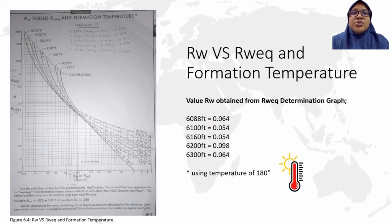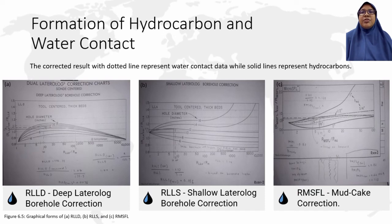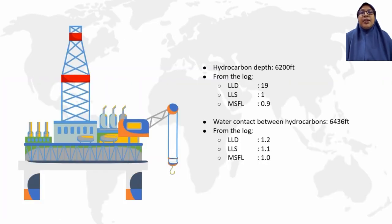The figure shows the value of RWAC is used in chart SP2 to determine the resistivity of the formation water, RW. RW is used in Archie's water saturation equation. Formation of hydrocarbon and water contact. For the hydrocarbon depth, we have chosen a depth of 6,200 feet. Meanwhile, the water contact with the hydrocarbon is